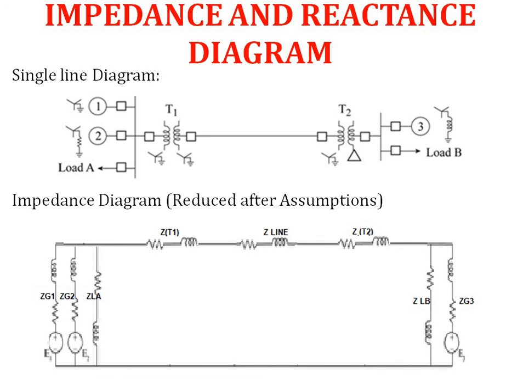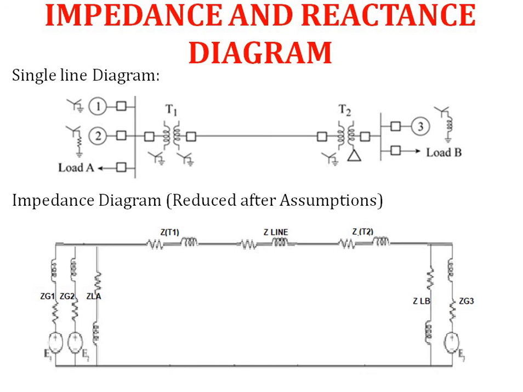Impedance and reactance diagram. The single line diagram will be represented here in the circuit diagram. Two input generators, number 1 and 2, and load A are represented on the input side, also connected to the bus bar, transformer 1 and the line, then transformer 2, generator 3 and load B. This single line diagram is converted to an impedance diagram.